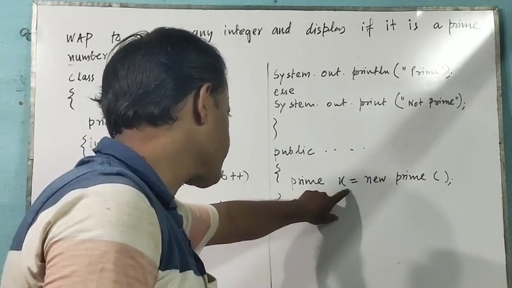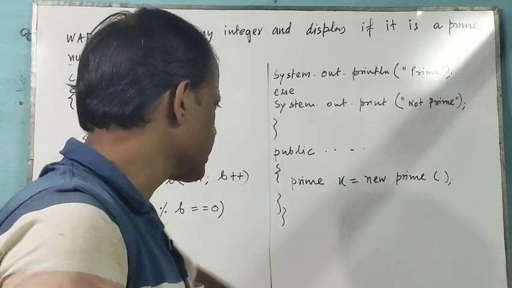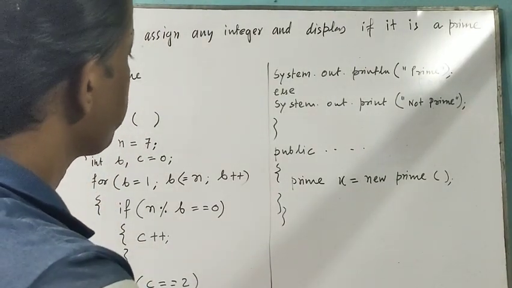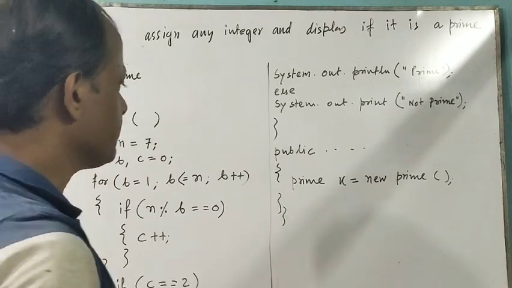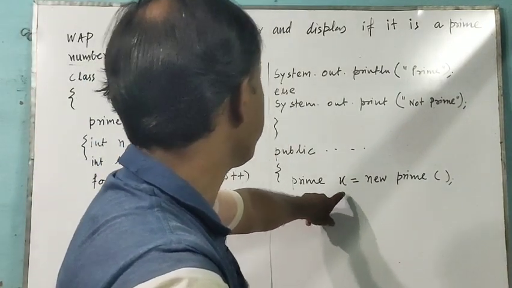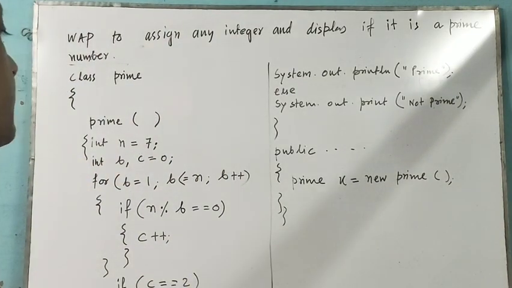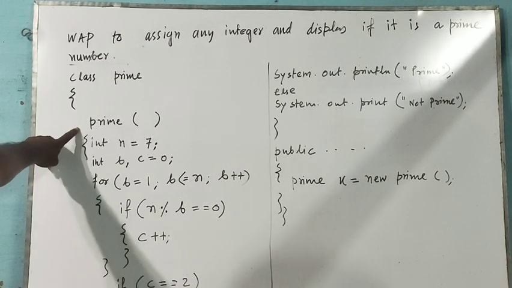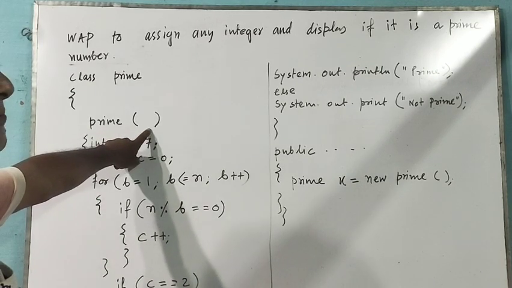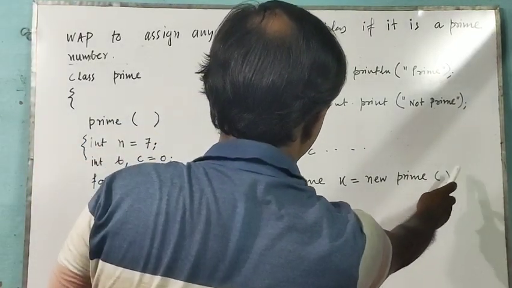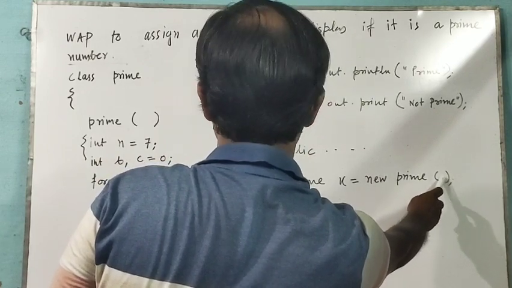Here the name of the object I have given is x. So by this you can understand that for the name of the object you can write anything which is a valid variable name, like prime x. Here x is an object, so prime x equal to new prime. After new prime, in the brackets you see I do not have any variables, because if you see the declaration of the constructor prime, there also we do not have any variable or parameter. So when the constructor is called, there is also no parameter.